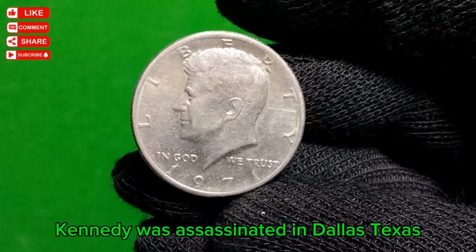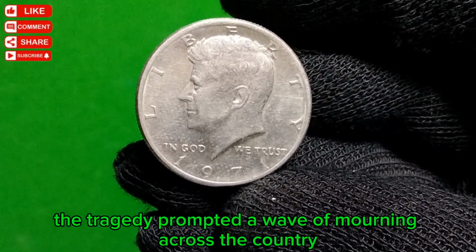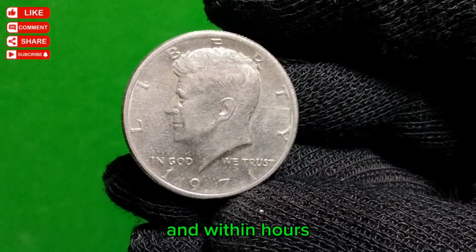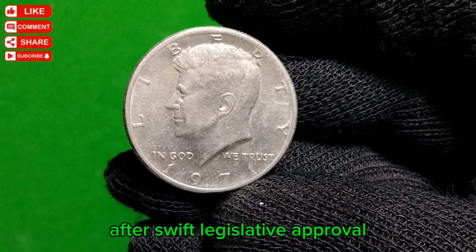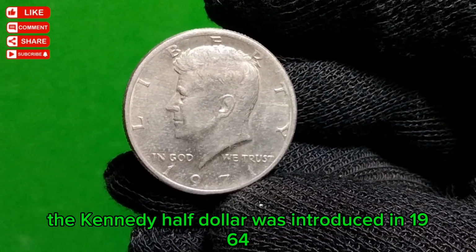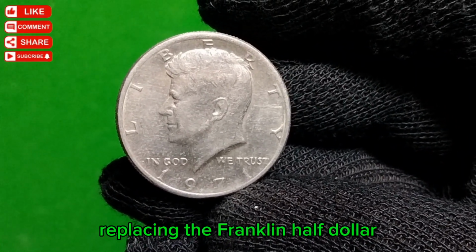Kennedy was assassinated in Dallas, Texas. The tragedy prompted a wave of mourning across the country, and within hours, plans began to create a coin that would memorialize the late president. After swift legislative approval, the Kennedy half dollar was introduced in 1964, replacing the Franklin half dollar, which had only